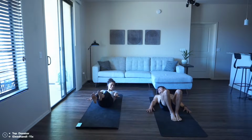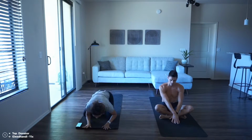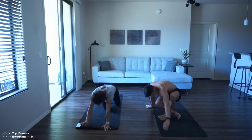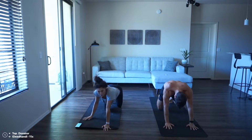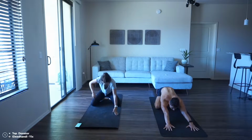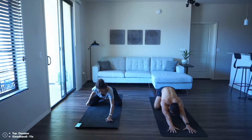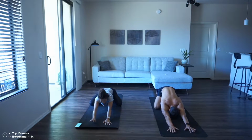That was nice. Slowly rock up, cross those legs, and come over the knees. Find a nice child's pose. I'll return to the trap beats as we start to warm up, get a little bit more active. Take a child's pose, so knees really wide, big toes touching behind you. Extend those arms out long